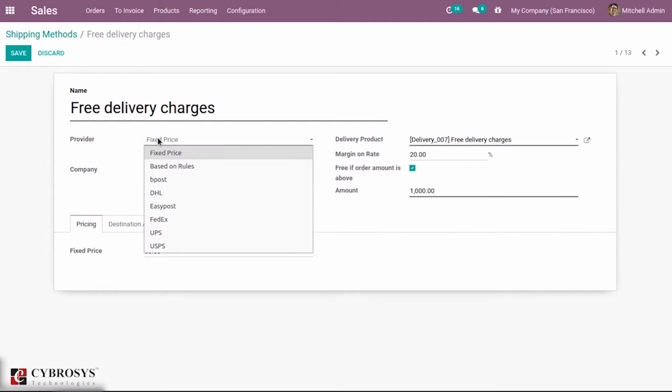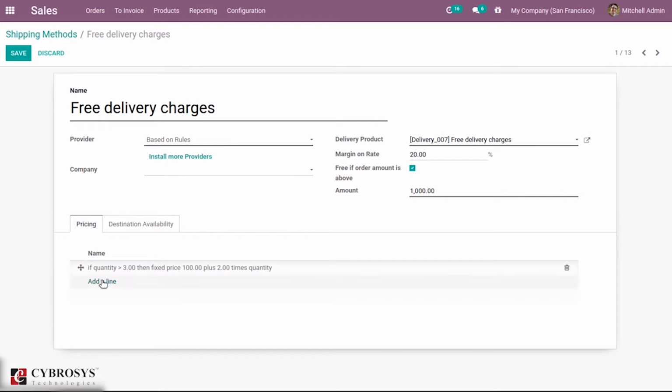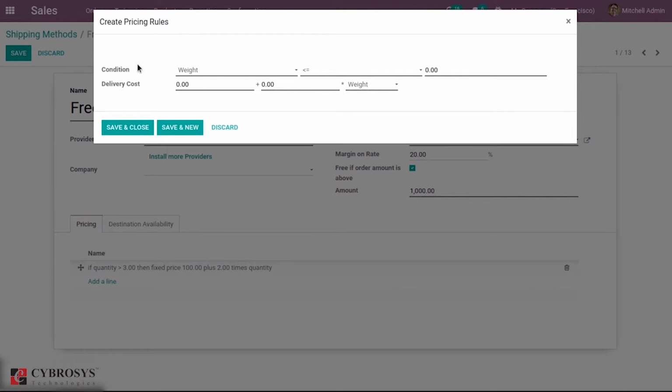Then the other provider we have is based on rules. We can define rules here, and based on that, a price will be added. Here you can add conditions based on weight, volume, price, quantity, or weight into volume, and then we can add a value here. Then the delivery cost can be provided.